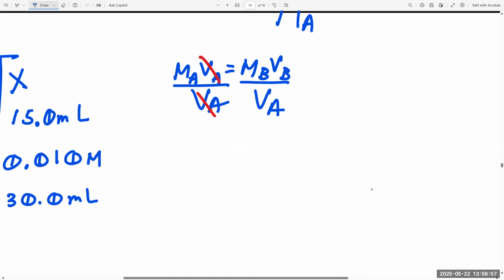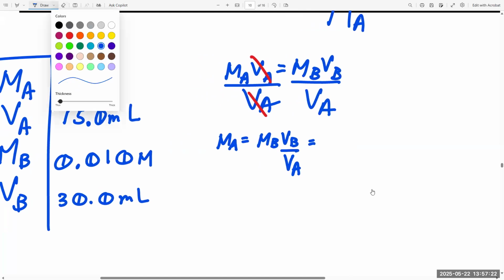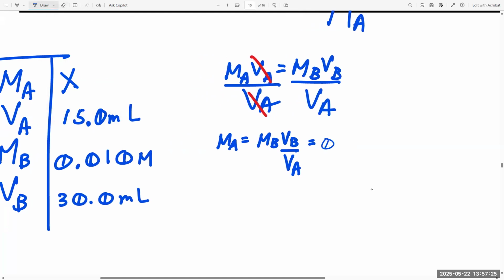So you got MA is equal to MB VB divided by VA. Let's plug in our values, shall we? So we got your MB, right, which is 0.010 molar, right? VB is going to be 30.0